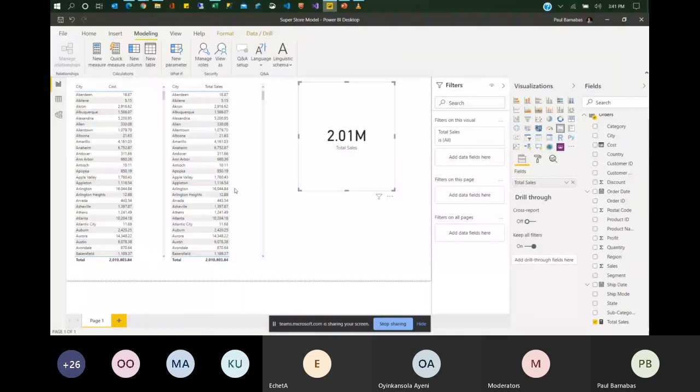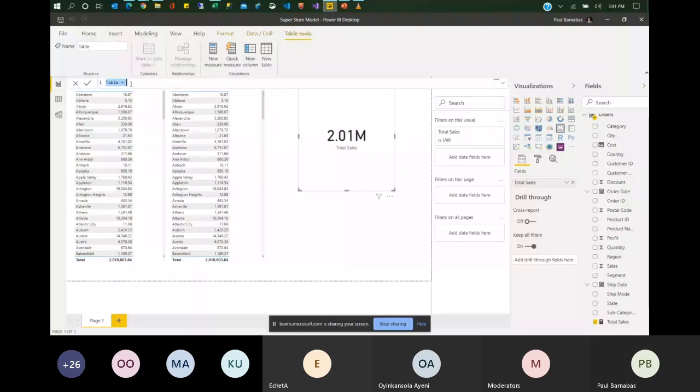Here we want to call it Date. The name of the function we are introducing now is CALENDARAUTO. What does this function do?